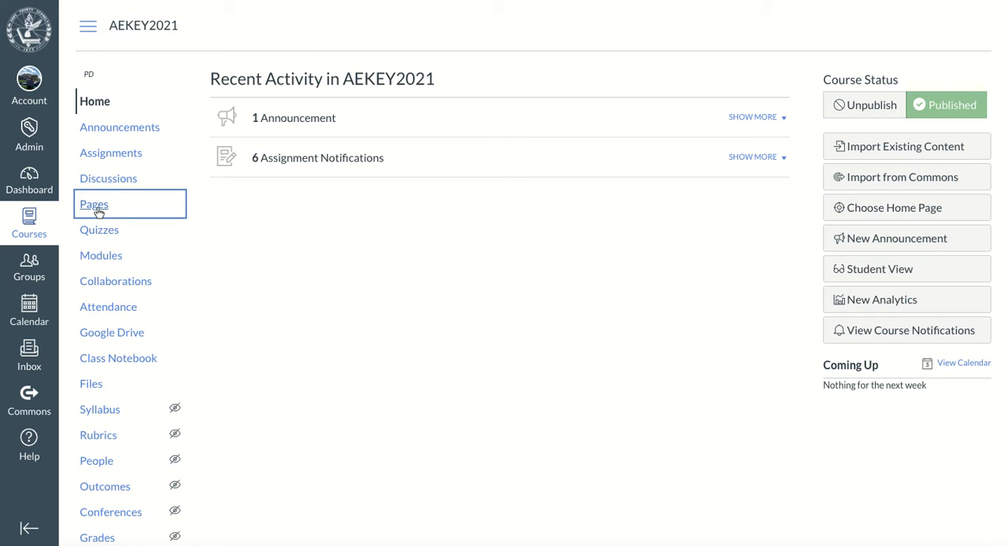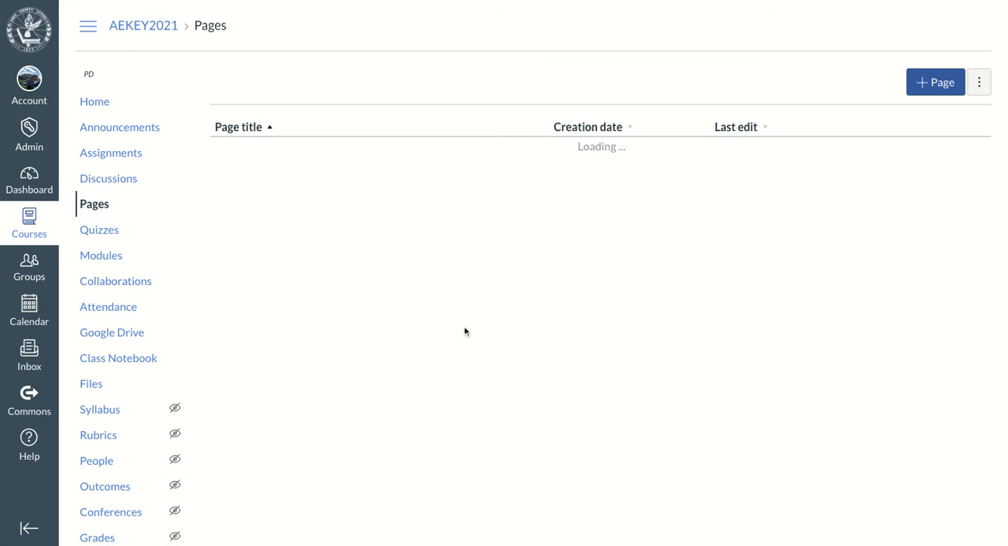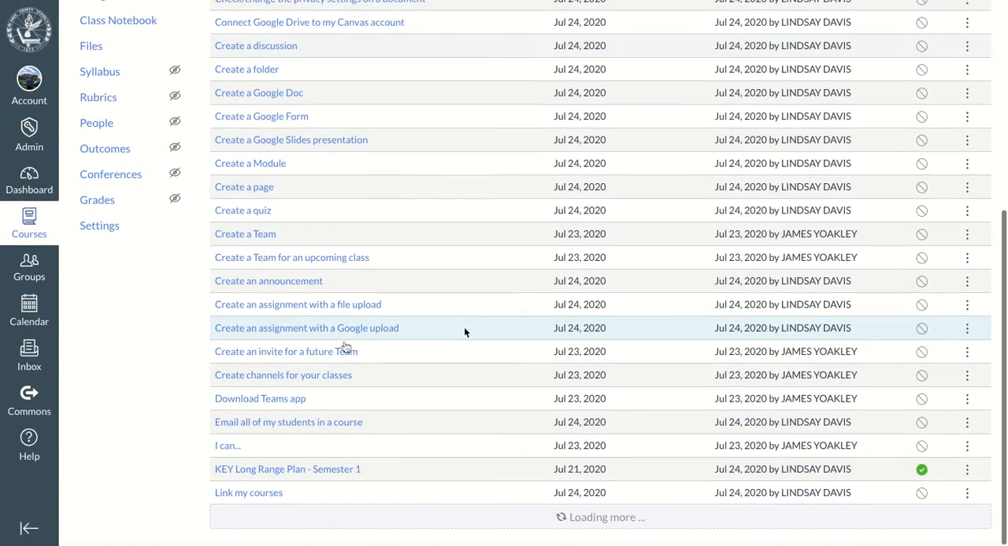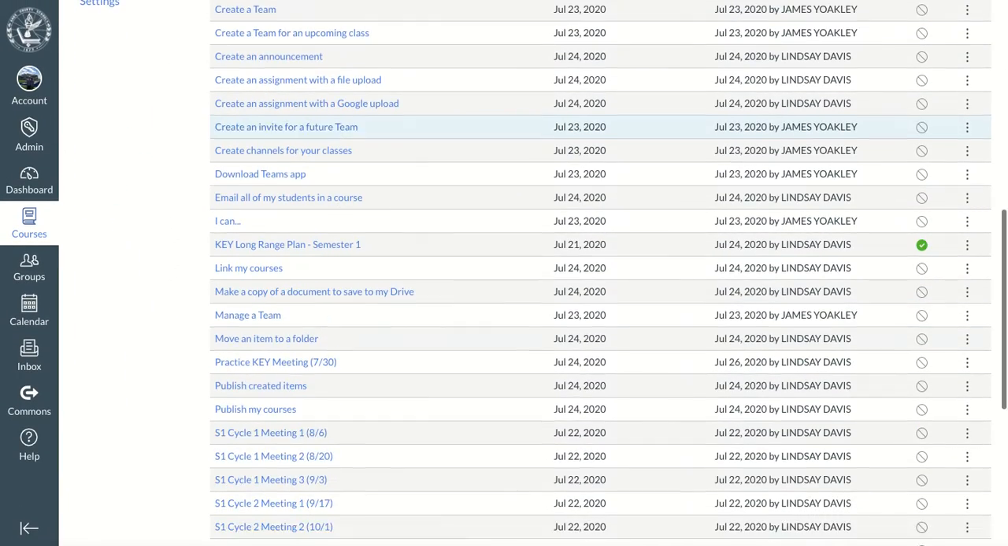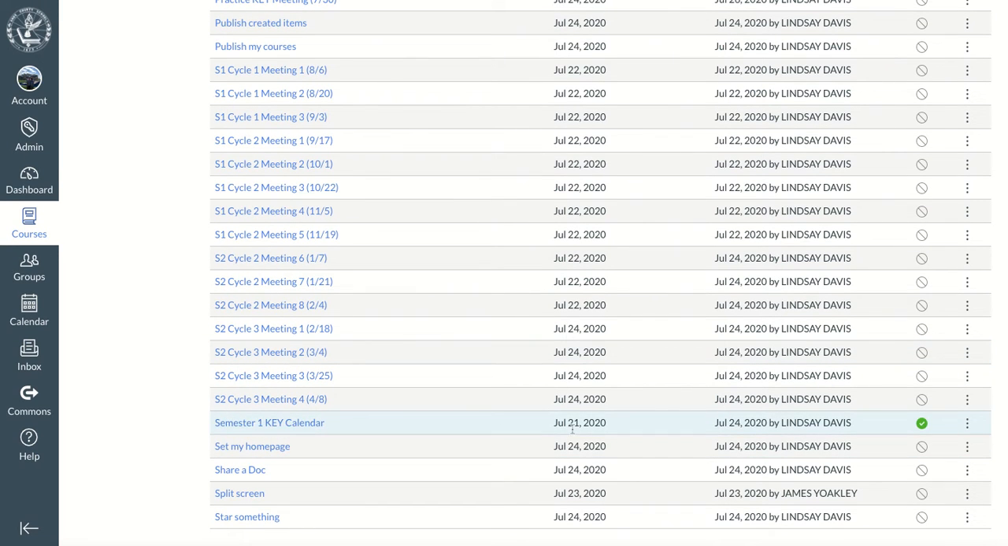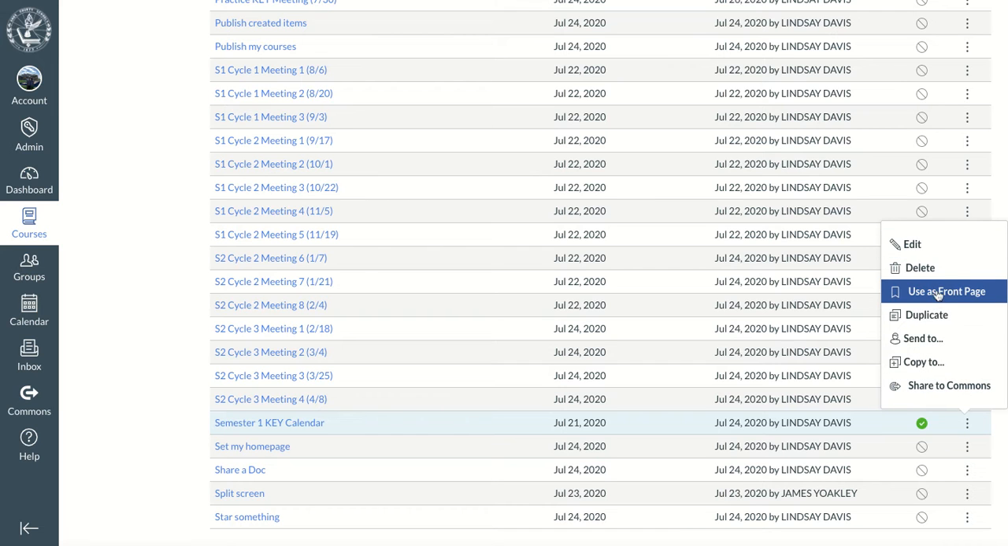I'm going to come over here to pages, and this will show me the list of all the pages that have been created for this course. And I'm going to scroll down to find the page I want to use. So it's going to be the semester one key calendar. So I'm going to come over here to the three dots and I have to set it as a front